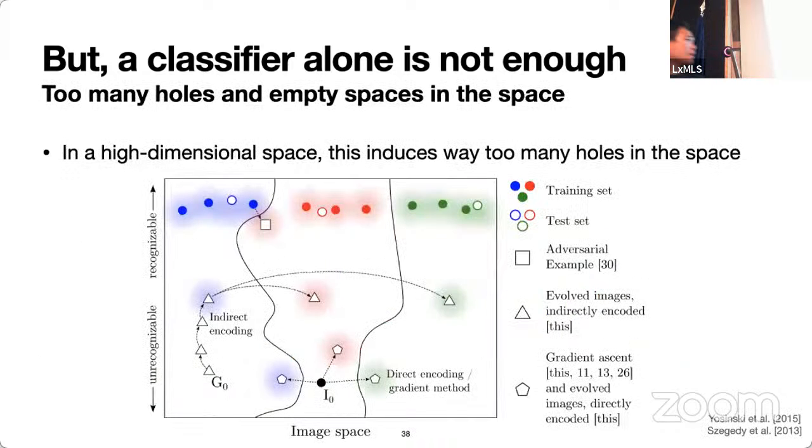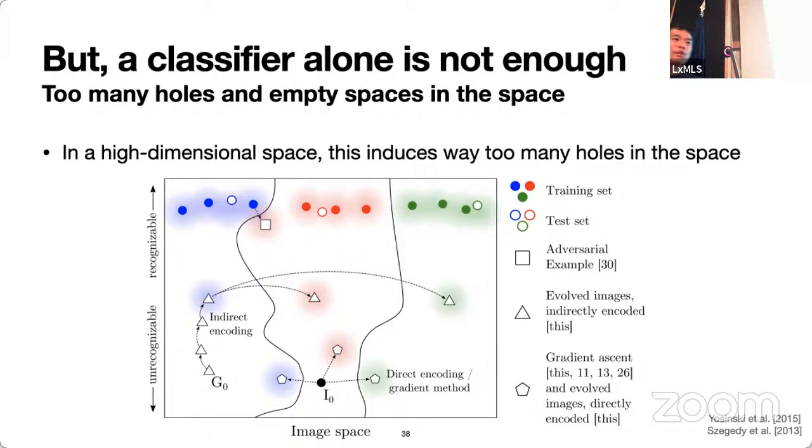This is a really nice figure from Jason Yosinski and others' paper from 2015. You can imagine a two-dimensional plot. The x-axis corresponds to the input space, so image space in this case. The y-axis is an imaginary axis that tells us whether that image is recognizable or not. What you see is that the training examples are all at the very top, and we use them to fit our classifier. But this classifier can, in fact, work with any points that are unrecognizable as well.